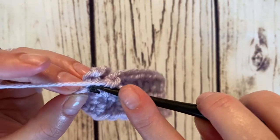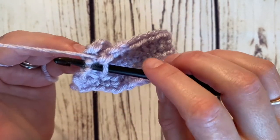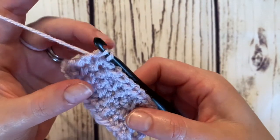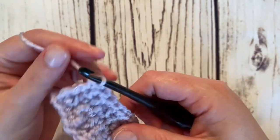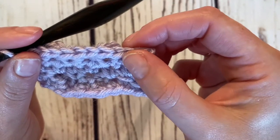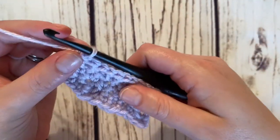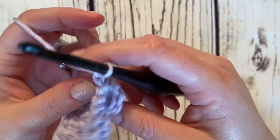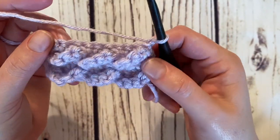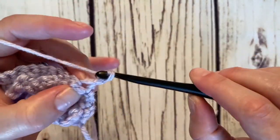Skip that little leg and barely expose the very edge of that very first single crochet of the round or the row, and then make a single crochet into that. So you're doing 1, 2, 1, 2, 1, 2 all the way across to 1, and then you're going to chain 1 and turn, and then you're going to rework the same pattern across that we did in the first row. So again, chain up 3,